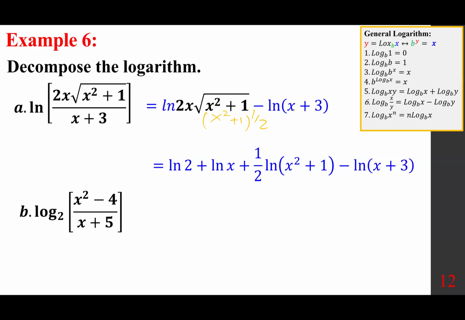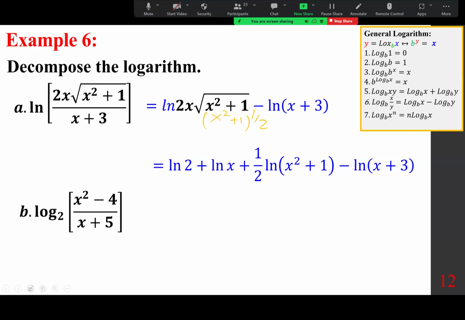All right. So ln 2, ln x, and ln of this part, 1/2 sits in front. This one, log of the top minus log of the bottom, we are looking at the quotient rule. Now, normally we would be done. However, we know that